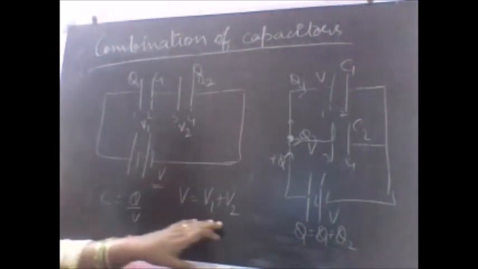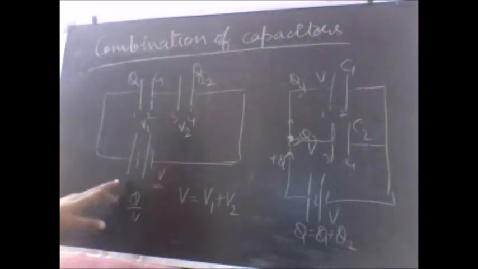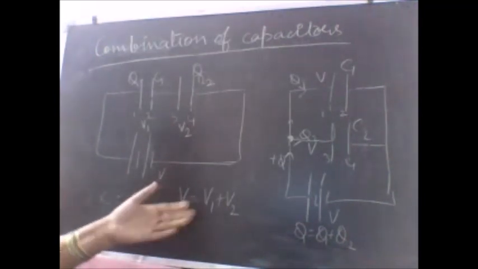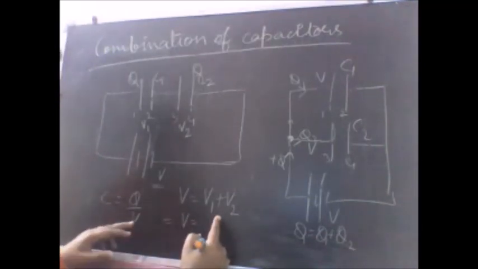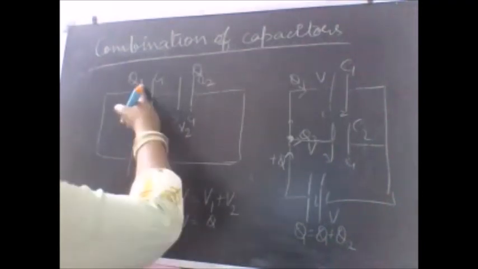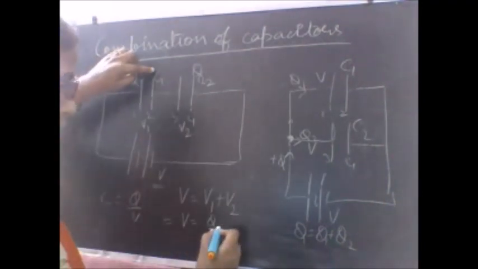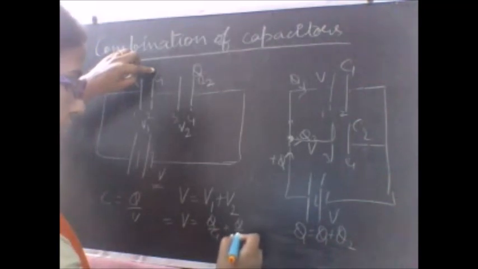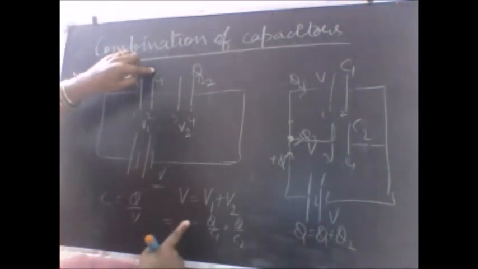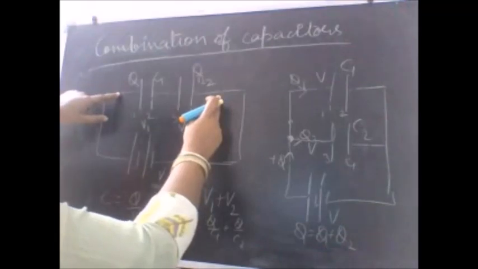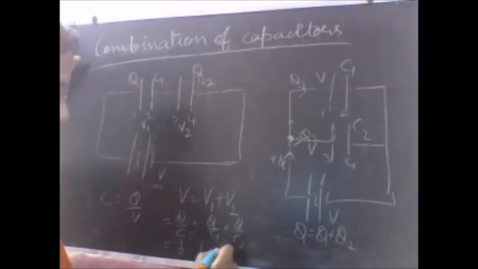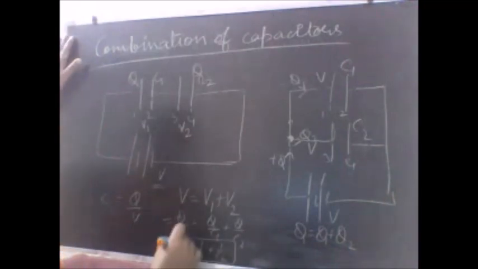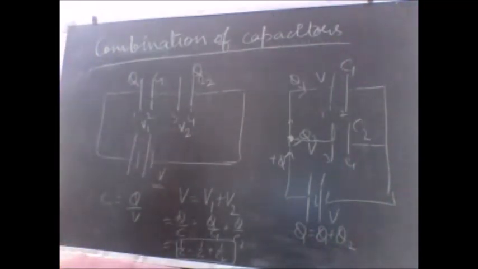You have to put in the values here using this simple formula, V is equal to Q by C. When we put the values, we will simply get the result directly from here only. So V is equal to V1 plus V2, that is Q by C1 plus Q by C2, since the charge is same. And isn't it that the potential is the potential across the effective capacitance? So it can be written as Q by C. So I'll get a final formula, 1 by C is equal to 1 by C1 plus 1 by C2. This is the combination of capacitors when we are putting them in series.